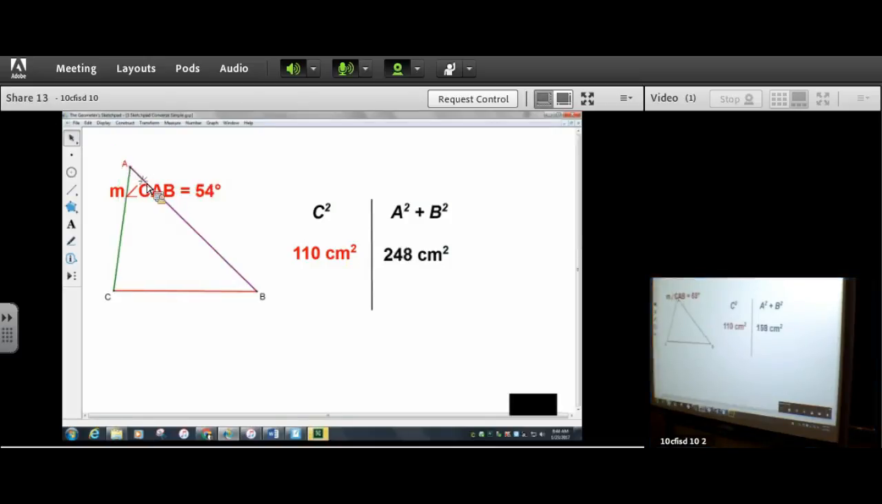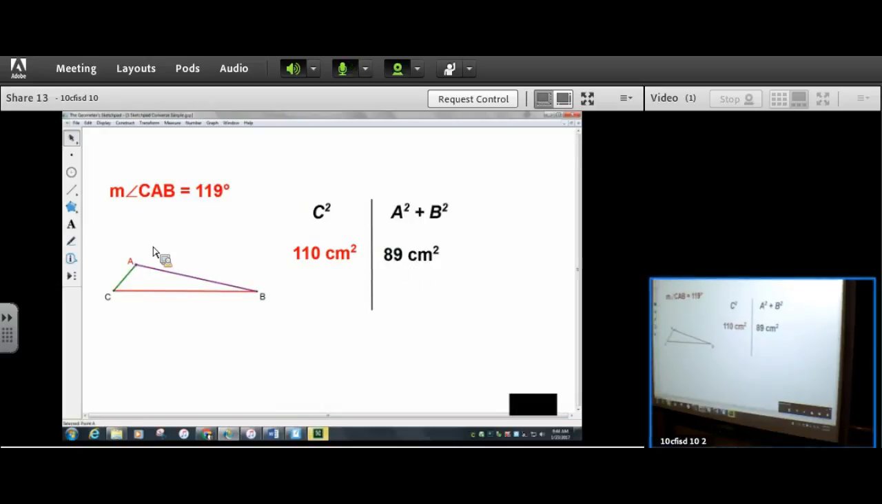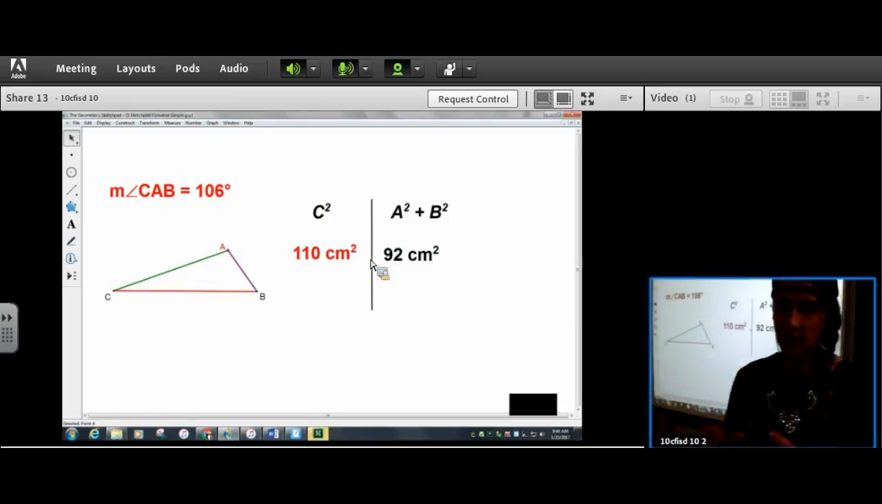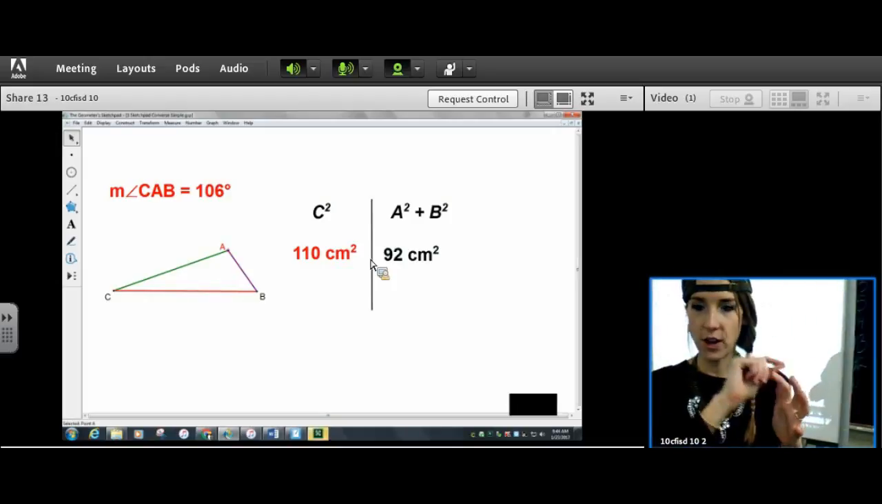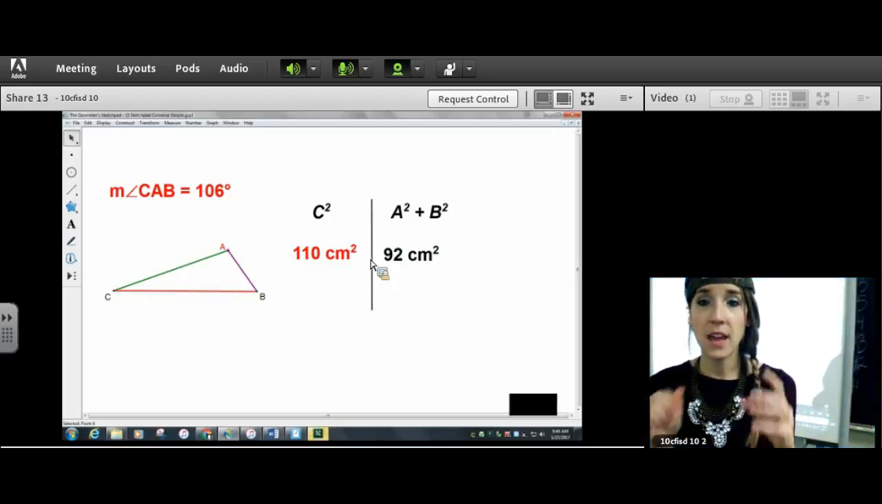Okay, let's try an obtuse. Obtuse angle, whoa, greater than. Let's do a different one. A really, really obtuse. Okay, obtuse angle, whoa, greater than. Obtuse angle, greater than. So what we can conclude is no matter where I drag that vertex, if C squared